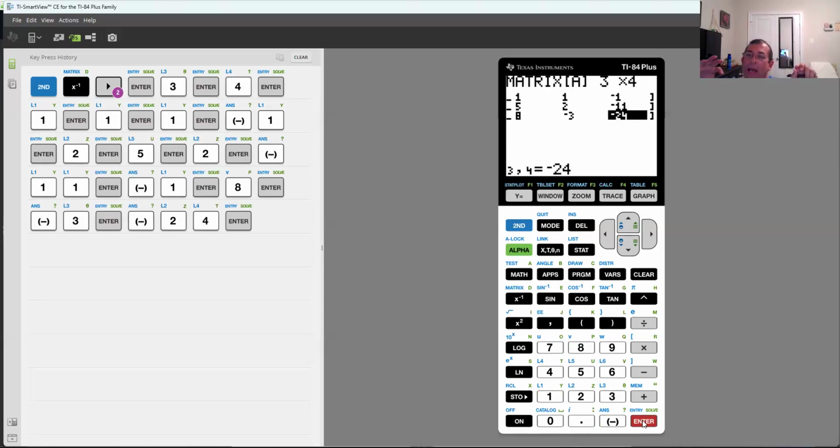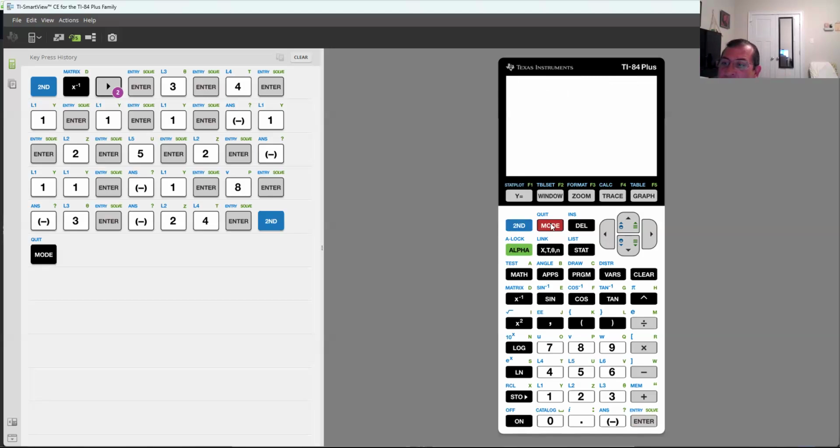All right, so now I have edited my matrix. So I'm going to quit the screen by hitting second and the mode button. All right, so once that matrix is in there, we need to go get the math